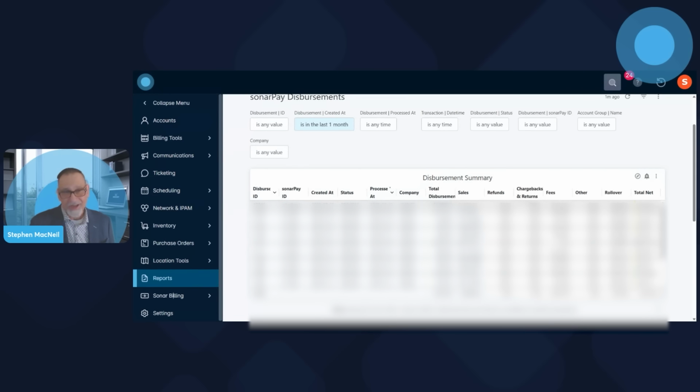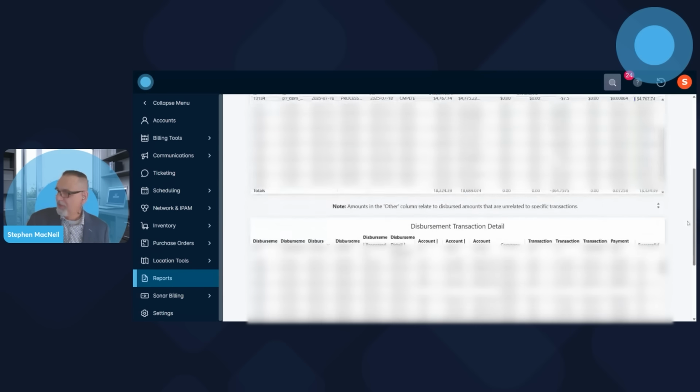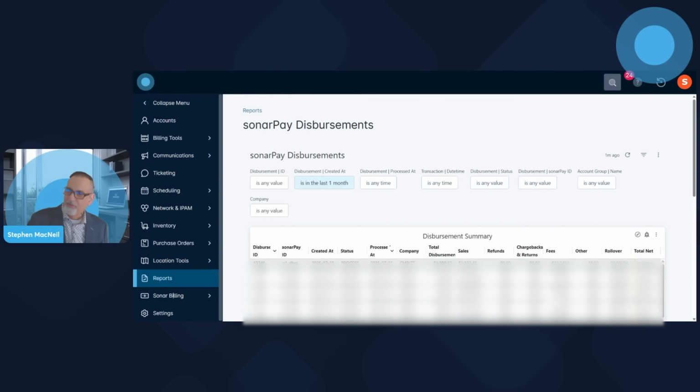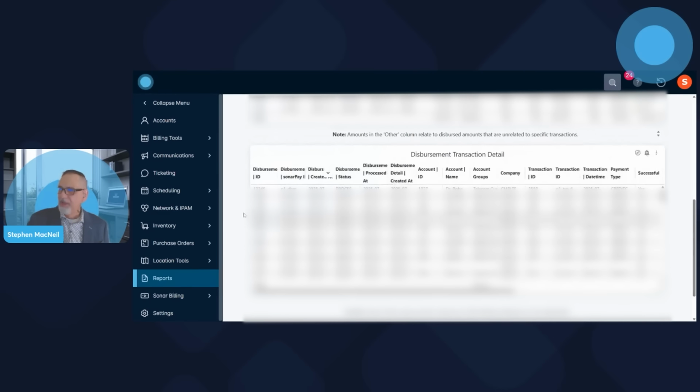Now, the secret sauce, forgive me, I'll rephrase that. What all merchants claim saves them these valuable hours in resource time is the table below this. So if you see there in the top table, ID 13246, and I scroll down, I can filter on each individual disbursement ID, but in that second table, you'll see multiple lines with 13246. Those are the individual transactions that go into that disbursement.